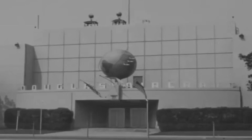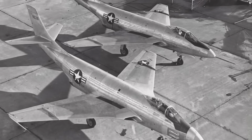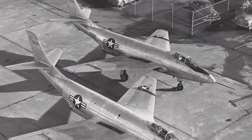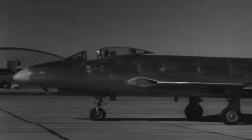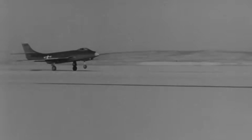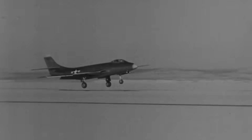After being awarded a contract on February 14, 1947, McDonnell built 2 prototypes, designated the XF-88 Voodoo. The first prototype, serial number 46-6525, powered by 2 Westinghouse XJ-34-WE-13 turbojets, flew from Muroc on 20th of October 1948. Preliminary testing revealed that while handling and range were adequate, the top speed was a disappointing 641 miles an hour